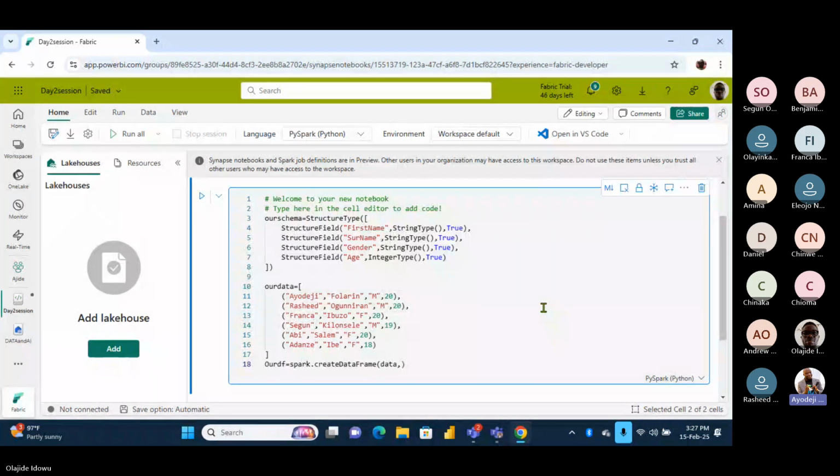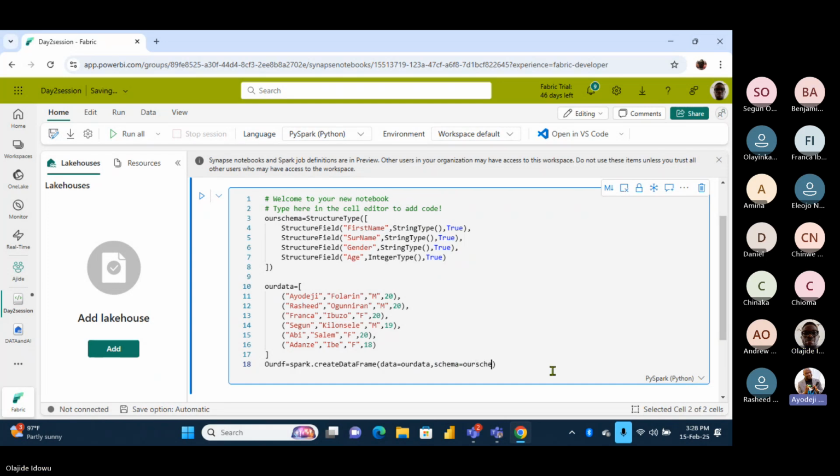Spark.createDataFrame, open a bracket, and you pass in just two parameters: data equals our data, comma, schema equals our schema. Data equals our data, right? That's the name we call it. Yes, data equals our data, comma, schema equals our schema.